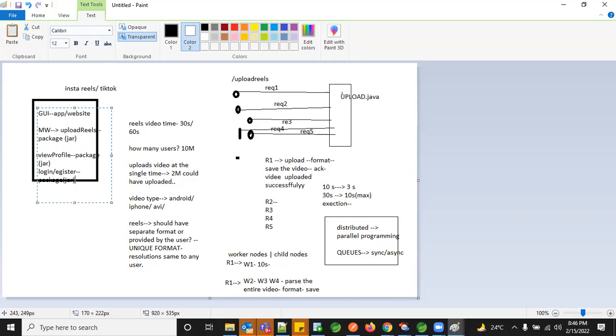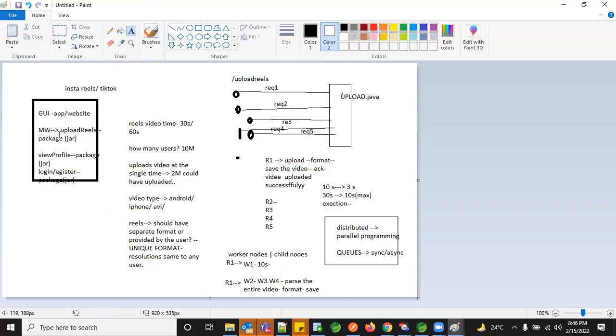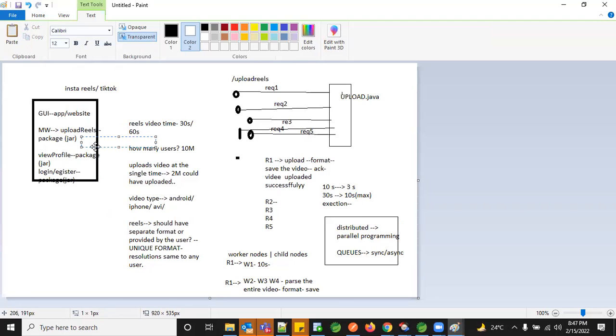So all these are jars. Now in the middleware, this is like functionality of the Instagram. But internally, when he uploads reels, I'm actually making some other logic in the backend to save the video, right? So this would be something different. So what I'll have, I have like